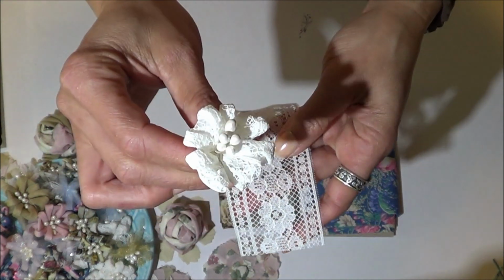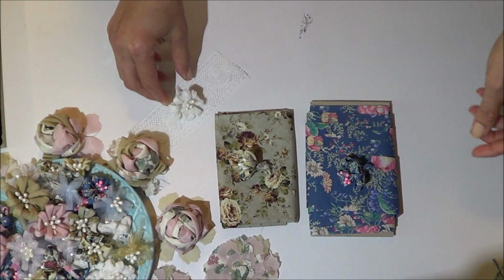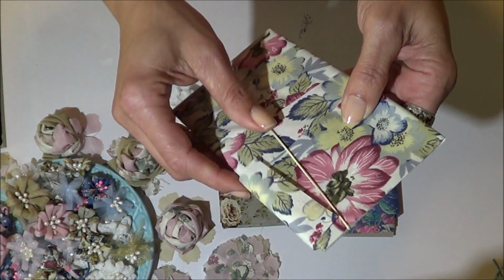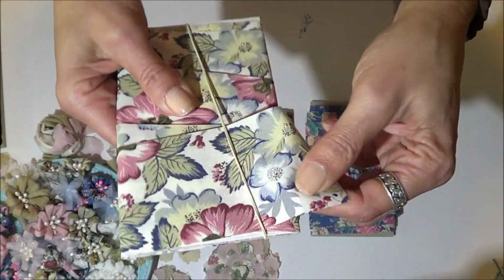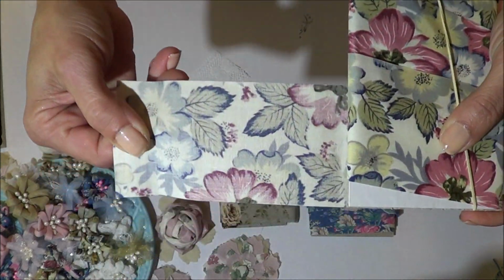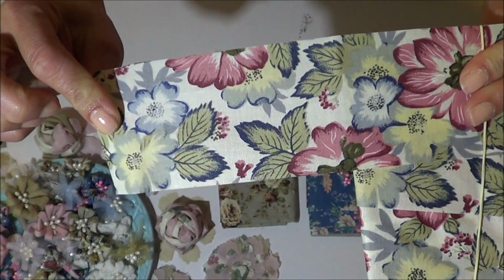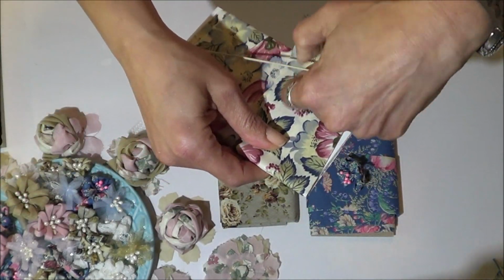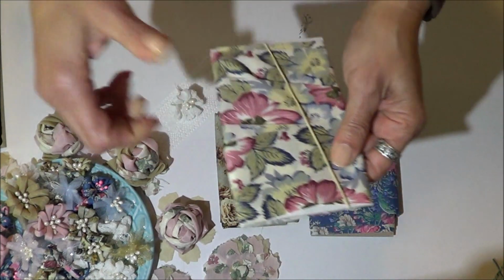Okay, using this lace. Okay, what else? This is another ribbon. This is all I have left that Pepe gave me a while back. I had these. Okay, isn't that cool? So I use that one here. And I just did my ribbon